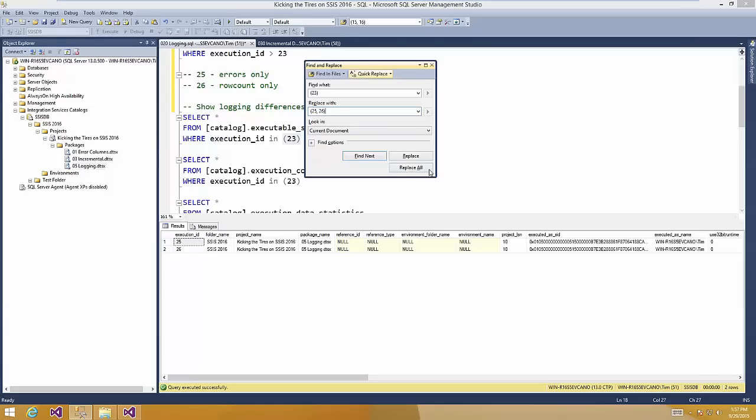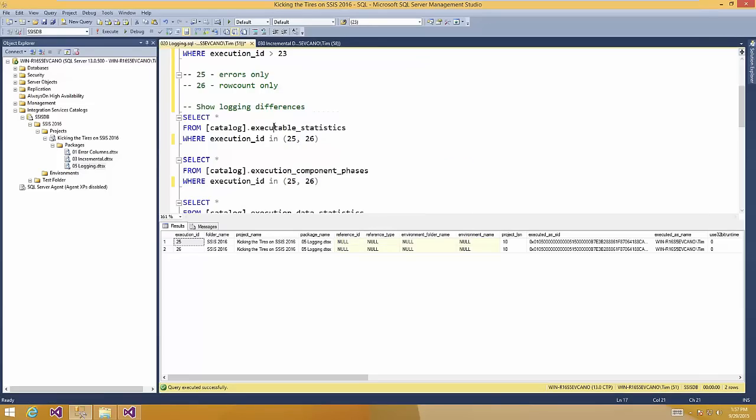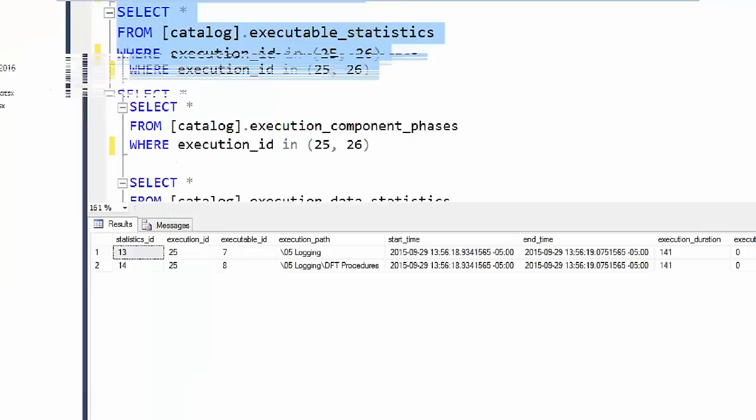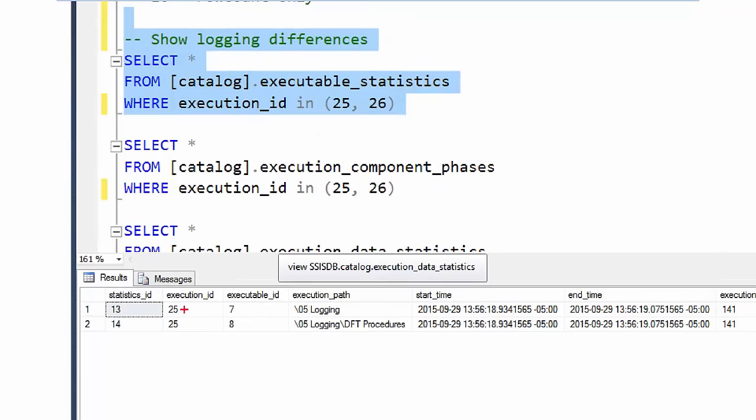Bear with me just a second while I replace that text. So now I'm going to run a couple of queries and show those different executions based on the 2 execution IDs that we just pulled out of there. So grab the executable statistics, and we can see that for execution ID 25, this was the one where we're